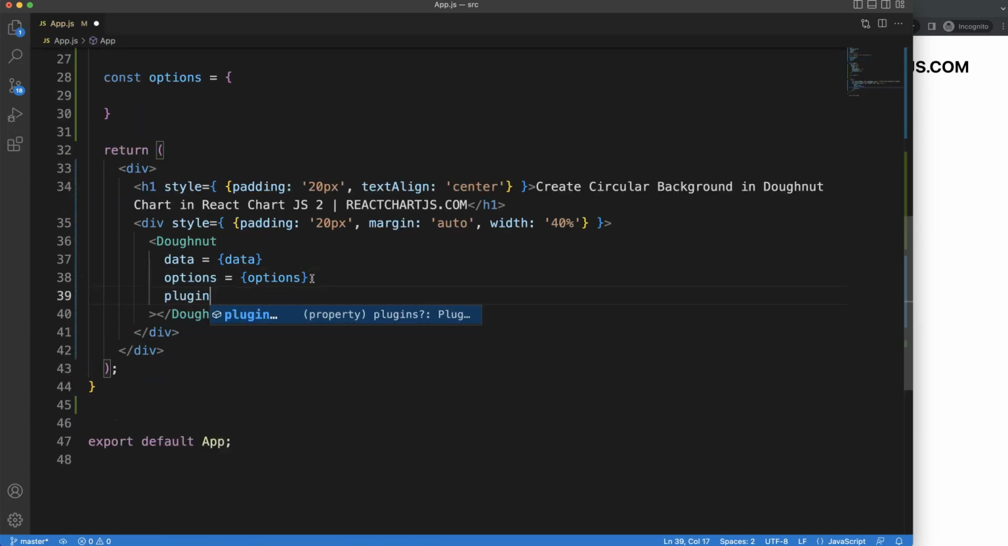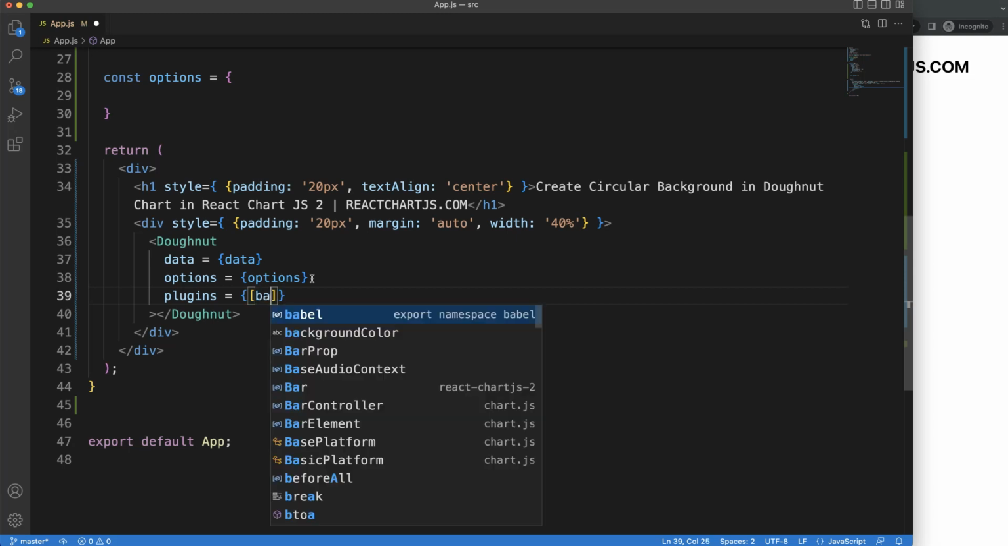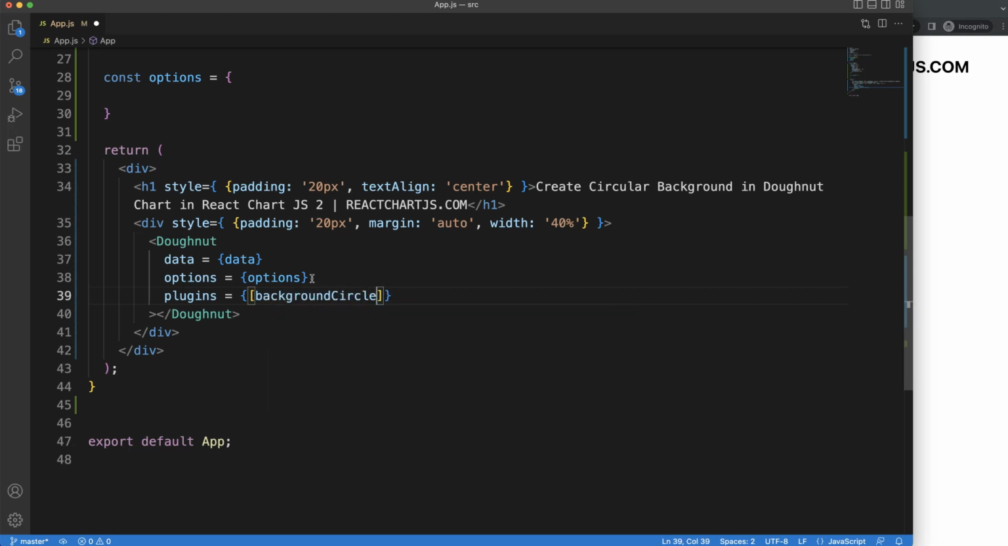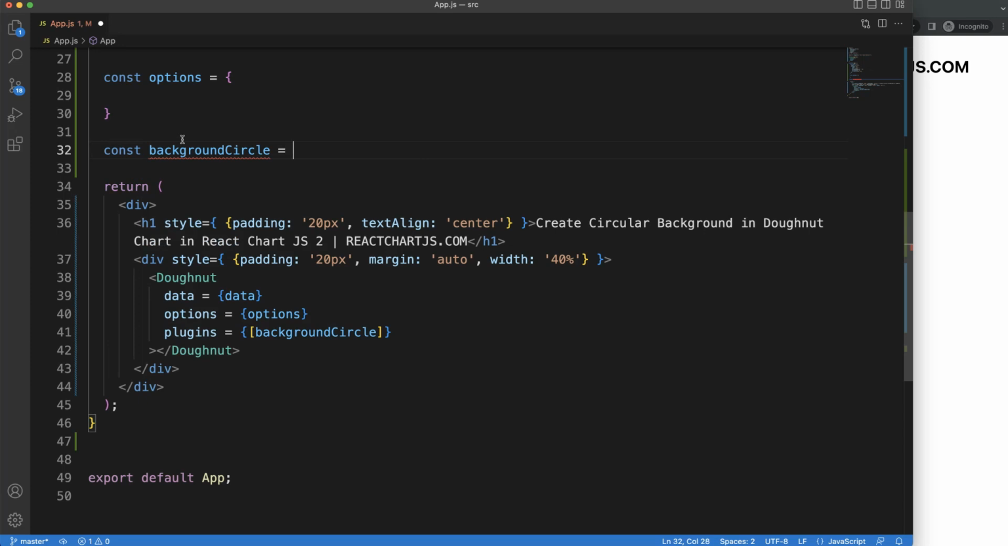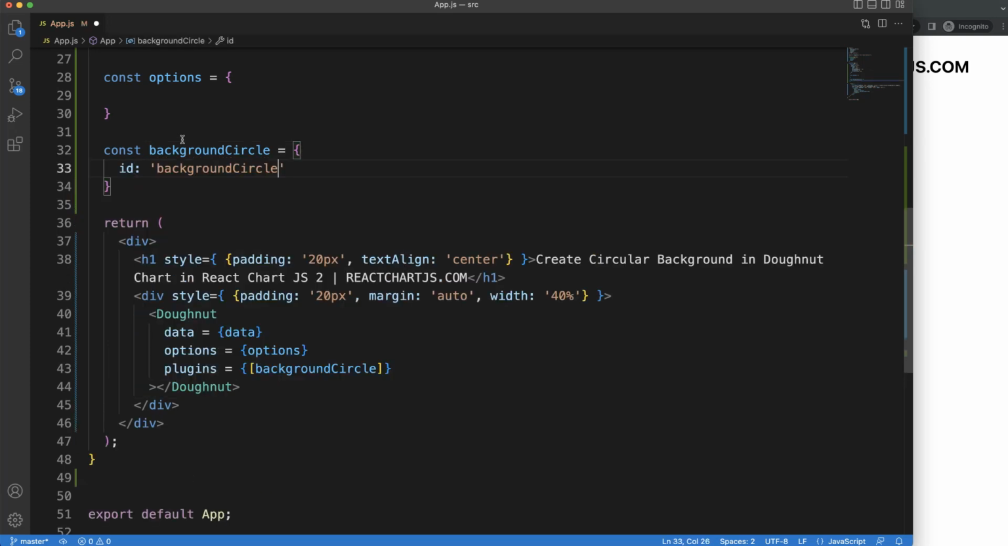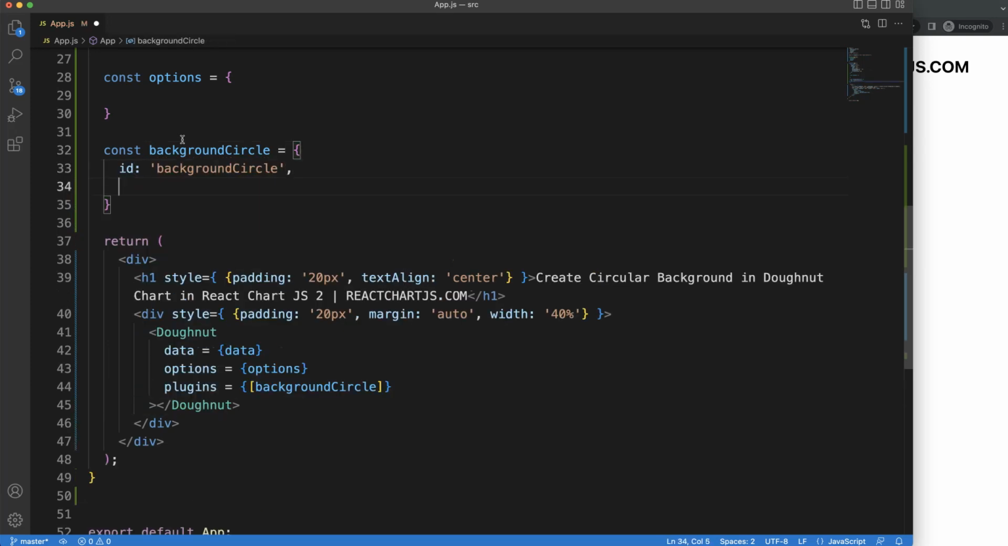plugin. So for that, I'm going to say plugins equals, this is a curly braces and then a bracket, because you can have multiple plugins as an array, and we can call this our backgroundCircle. Copy this, and then we have to create our constant here, or else we get an error. So const equals this, id will be equal to backgroundCircle, and then we're going to say when would